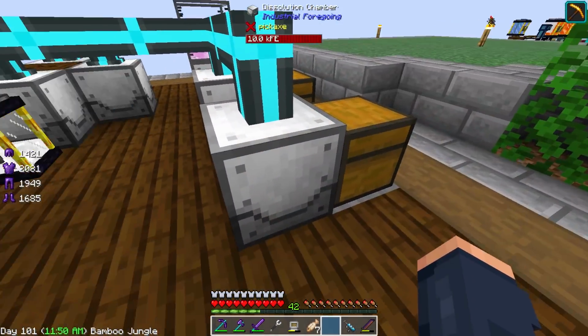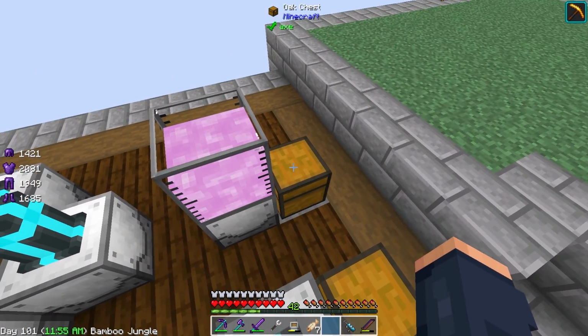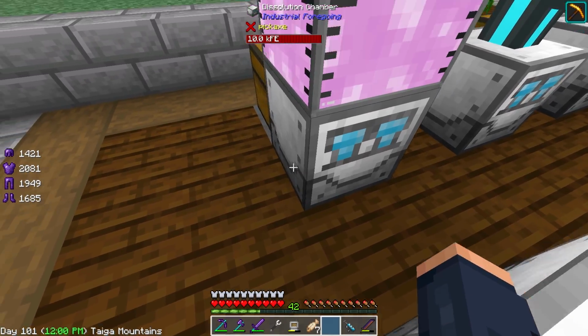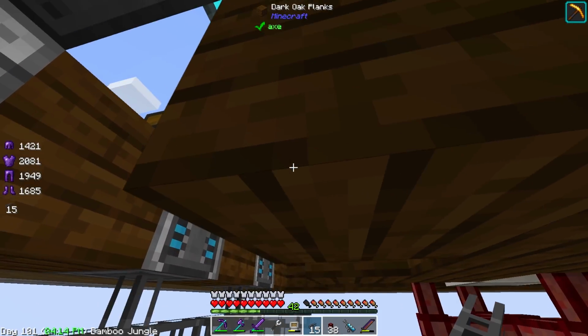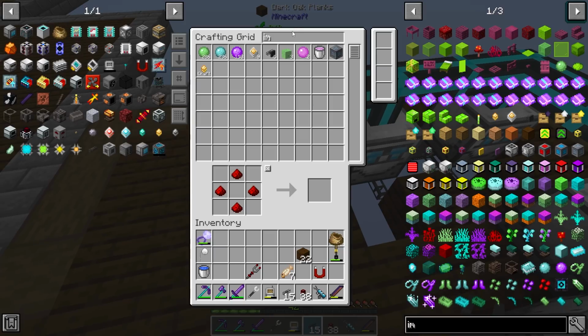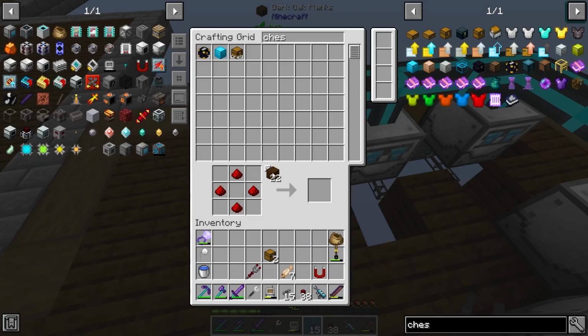So at the moment, I have chests behind here. That is going to allow the crafter to spit the items into this, but I still have to get the items from the dissolution chamber out of here as well. So that's a whole other thing that I've got to set up. So I think I've come up with a plan that should work for this. I'm just going to need chests for all the sides, and that should work. So I'm going to set all of the chests up